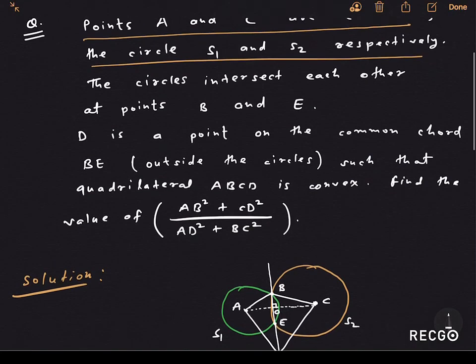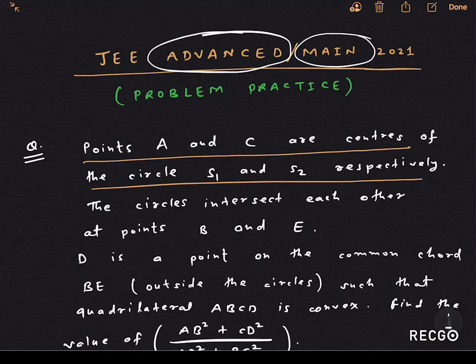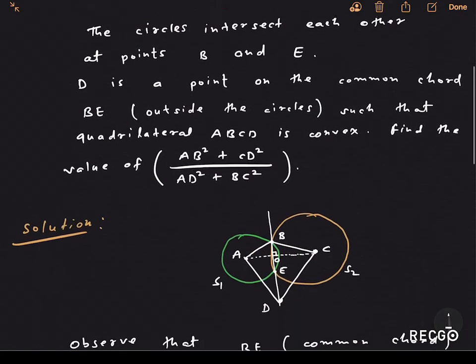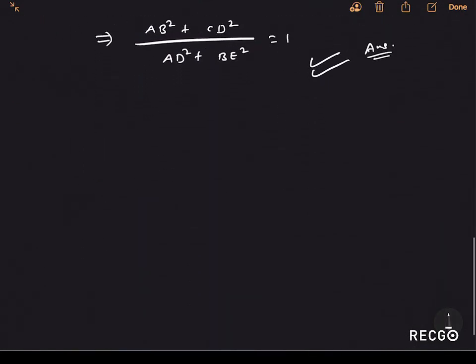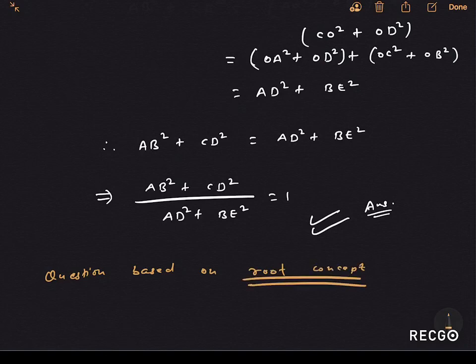It's a minor error. I think the solution should be clear to each and every one of you. This question might be asked in advance, in some other way, or directly in JEE Main also, because this question is based on the root concept, and a root concept means the question can be asked in multiple ways. Maybe the equations of the circles might be given, and the same statement might be asked in some other way. So this is a question based on the root concept, and there is a lot to learn from this